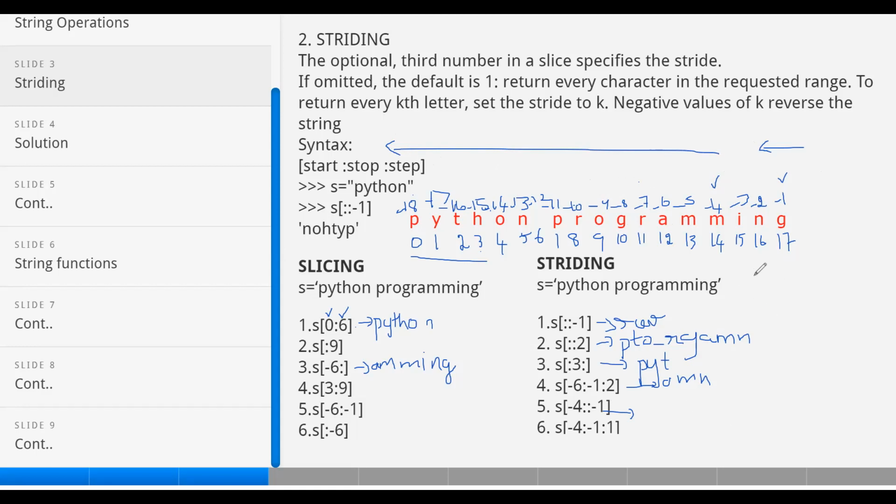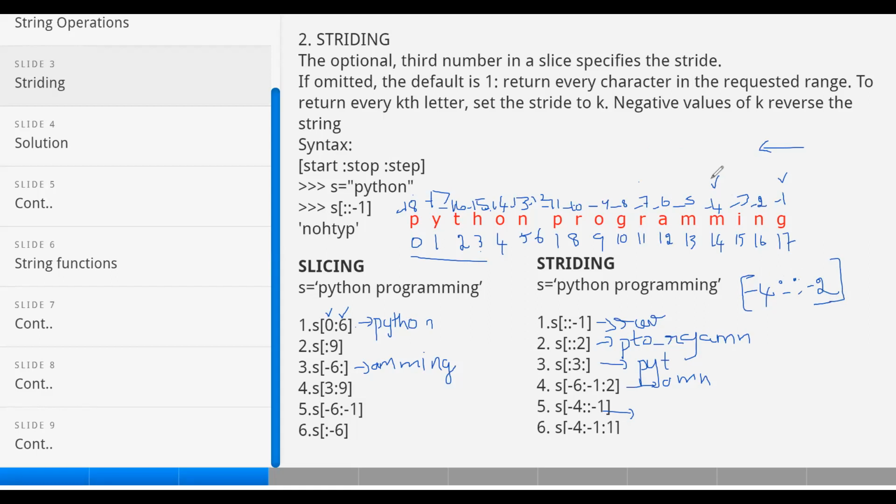Okay. Suppose I have my value as -4 colon colon -2. This is slicing, and this is striding given to you. So what will be the answer? Its stepping value is negative, that is -2.